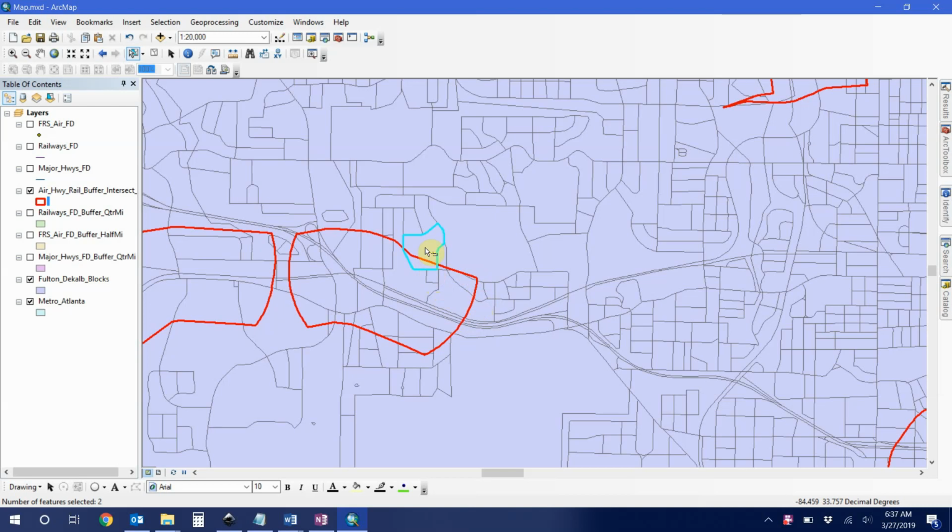The centroid method creates a point in the middle of the block, and if that point falls within the study area, it apportions the full population. Here it wouldn't apportion any population because our centroid does not fall within our study area. So that's going to apportion 0 population, which would probably underestimate, whereas the area proportion method would take approximately 20% of the population living in this block and apportion it to this